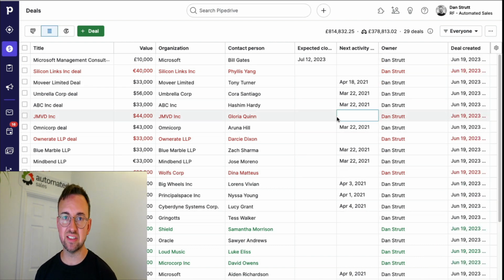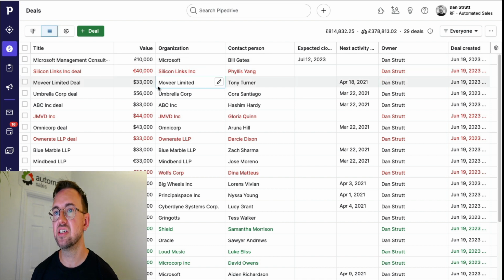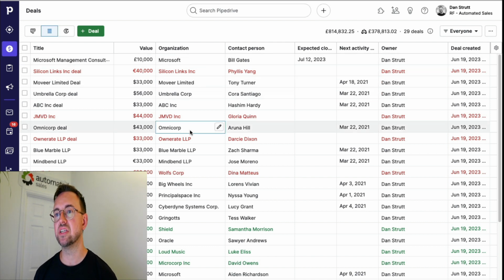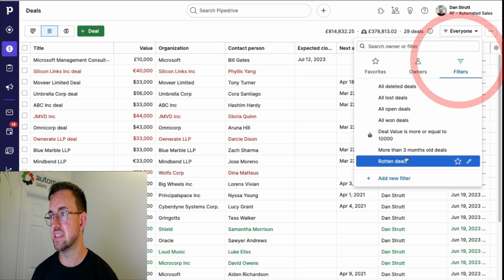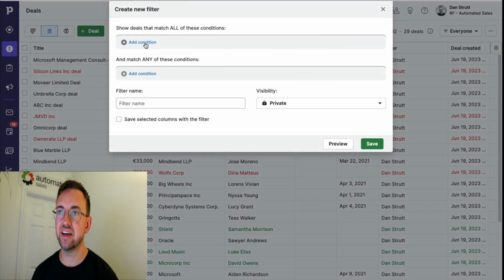And this is where filters become really useful. So throughout Pipedrive, we can use filters to show different types of information. So if I want to see deals which are over $40,000, for example, I can create a filter. So I can select everyone, filter, add new filter, and I can then build out different criteria within the filter